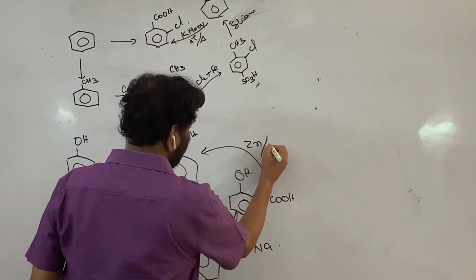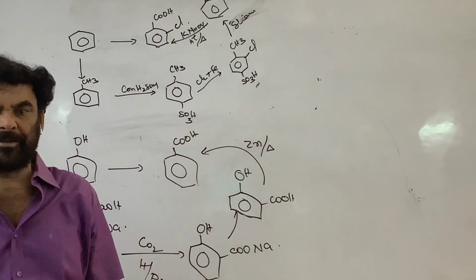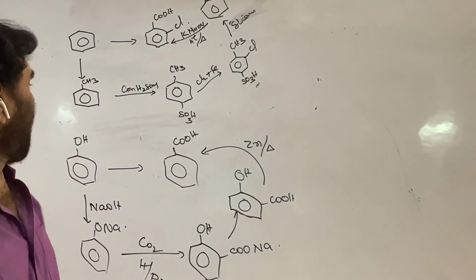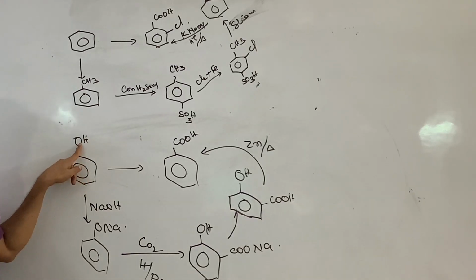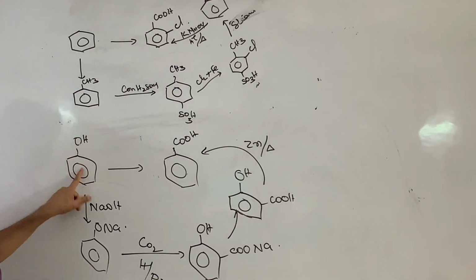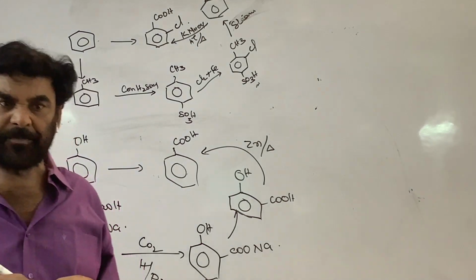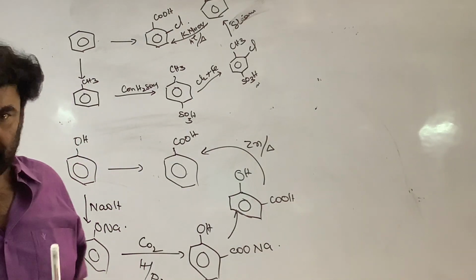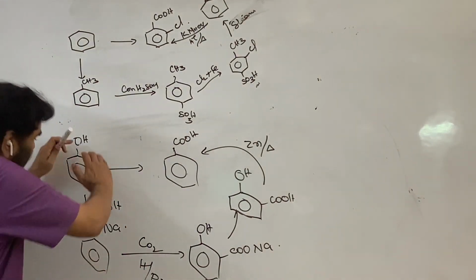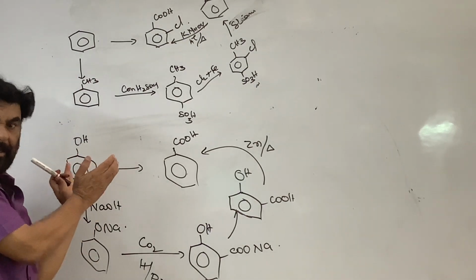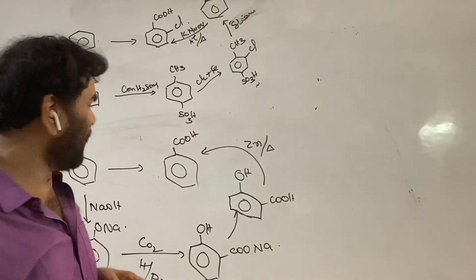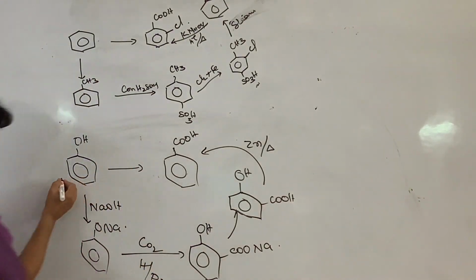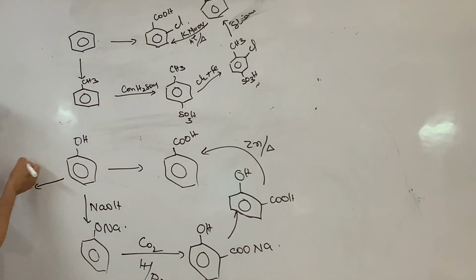So now you have to remove the phenolic OH. The best reagent is zinc dust distillation. Or else, this is the convenient method because in an electrophilic substitution reaction, when a new group is introduced in the presence of the OH, the reactivity is high, therefore the reaction takes place easily. Yield will be more. Suppose, let me remove this.